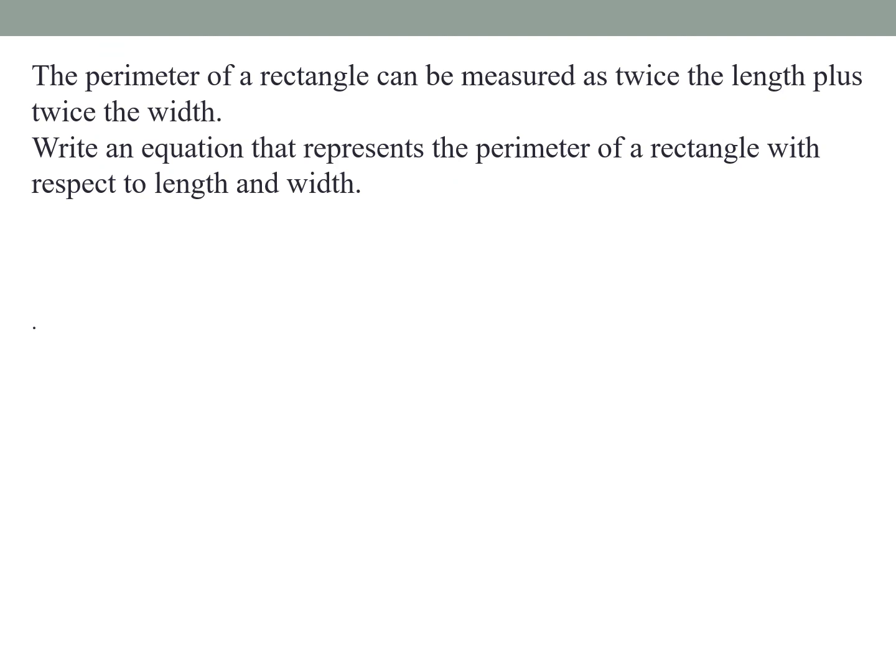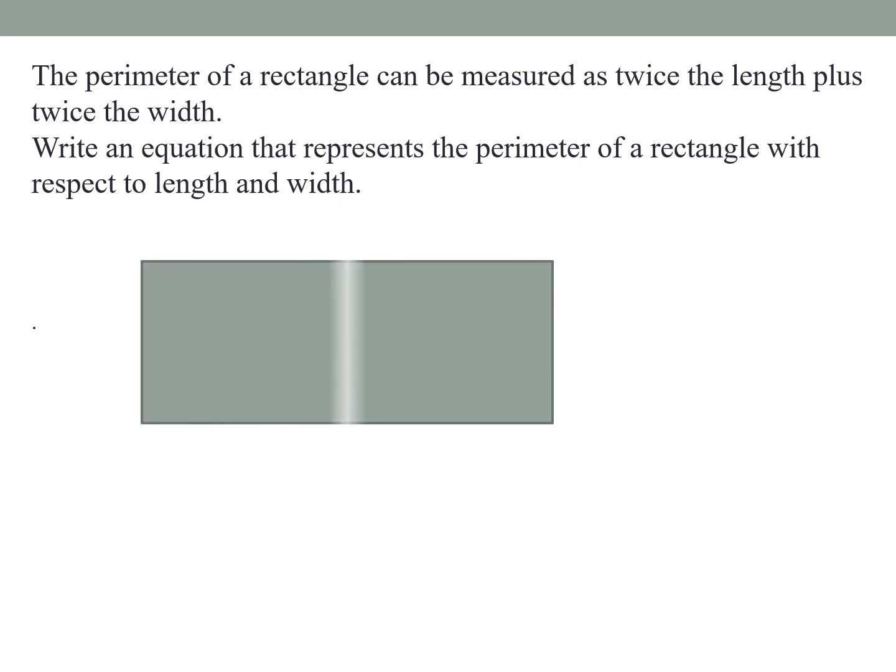Let's try a word problem. So you know from geometry that the perimeter of a rectangle can be measured as twice the length plus twice the width. Write an equation that represents the perimeter of a rectangle with respect to length and width. So here's my